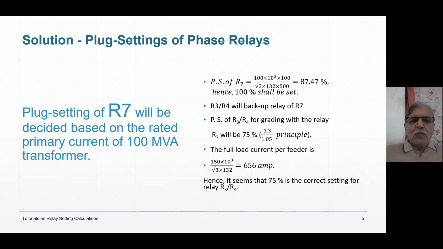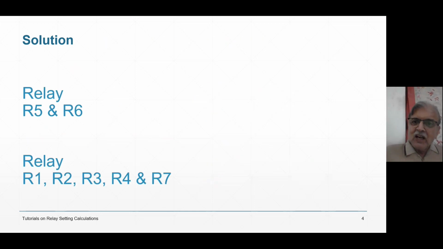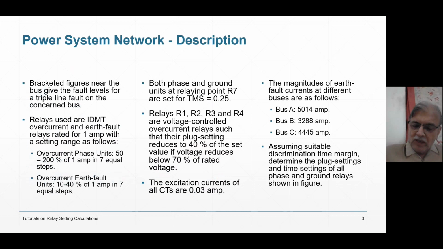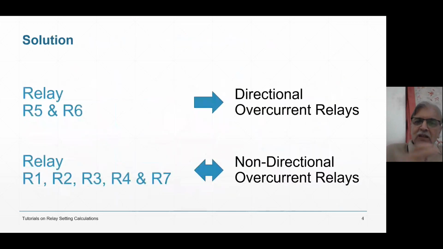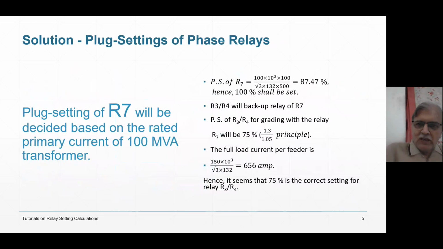R7 is the last relay, so the plug setting of R7 will be decided based on the rated primary current of the 100 MVA transformer. R7 setting is based on the primary side of the 100 MVA transformer, right? So 100 MVA upon root 3 into 132,